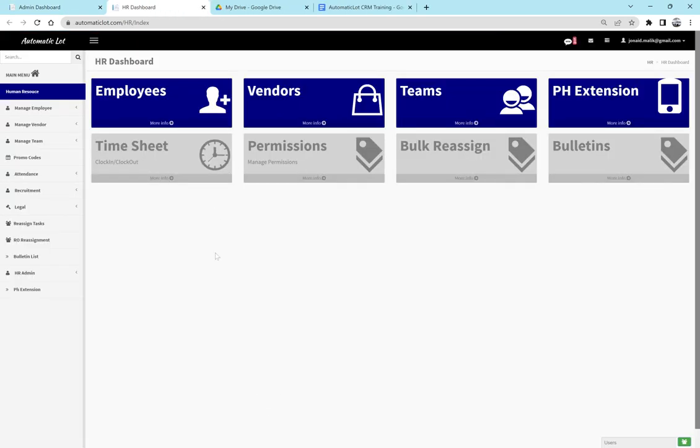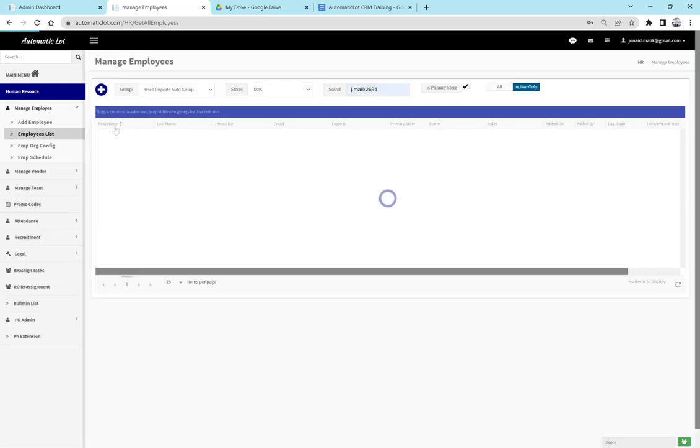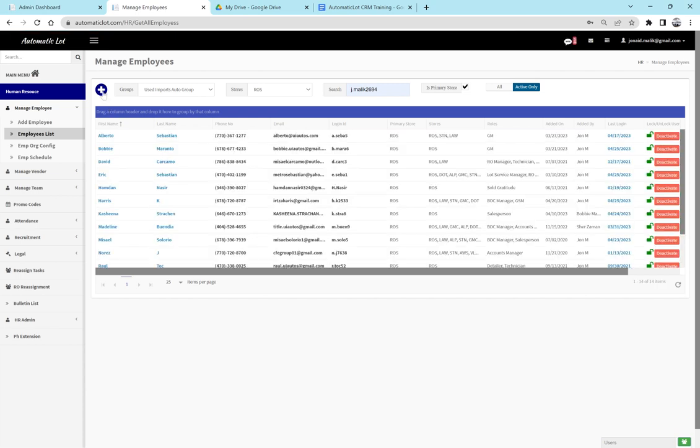Under HR, you have several submenus such as managing vendors, teams, phone extensions, timesheets, permissions, bulletins, and much more. Under employees, you will find an add icon on the top left. Besides that, you have filters for viewing different store employees, searching for a specific employee by typing employee name or